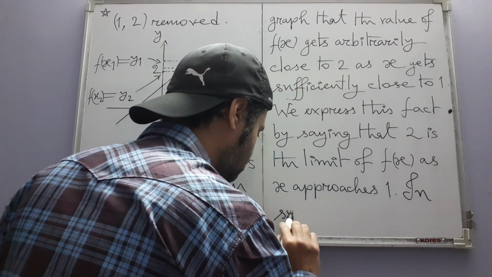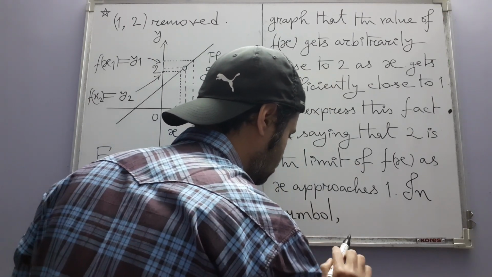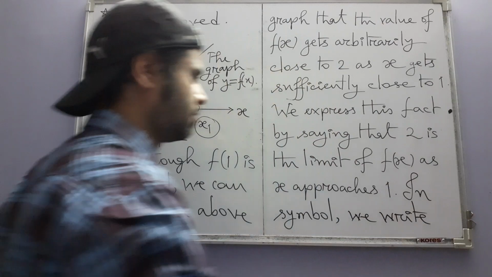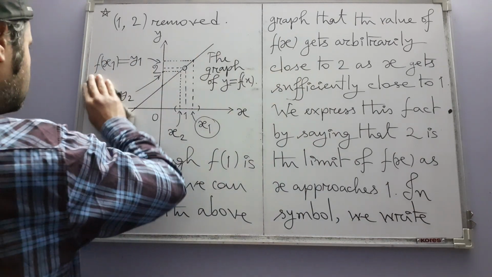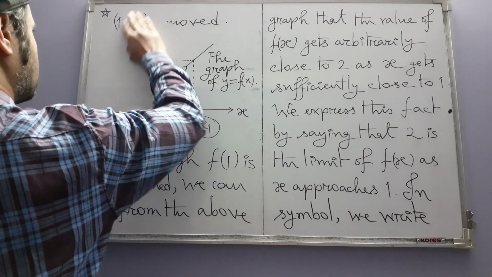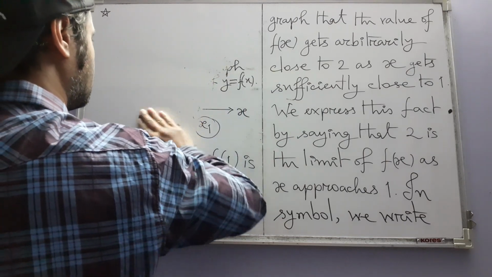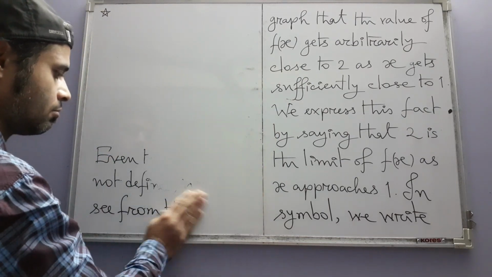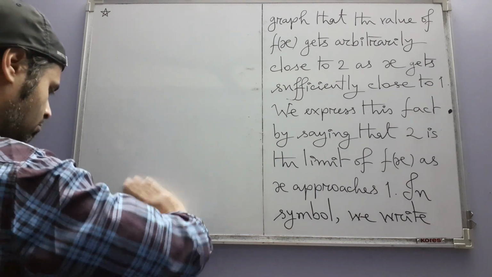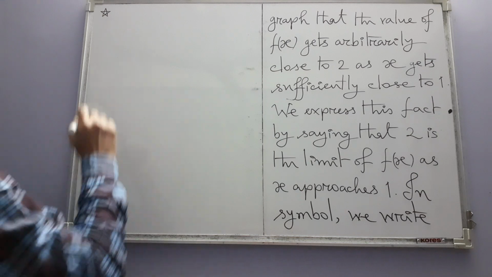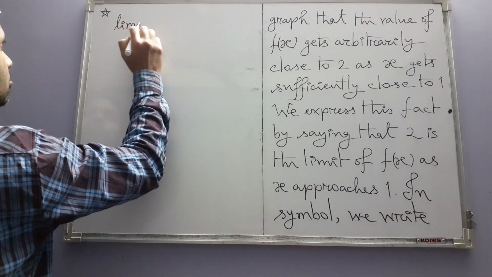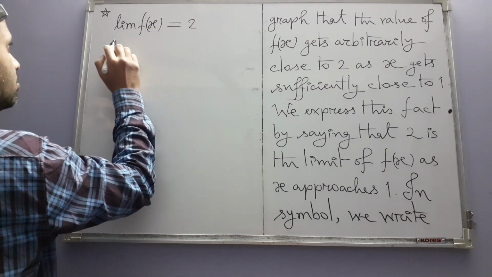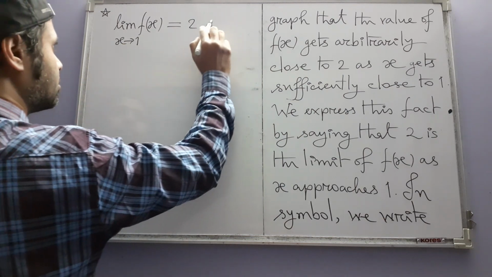In symbols we write like this: limit of f of x is equal to 2 as x tends to 1, or